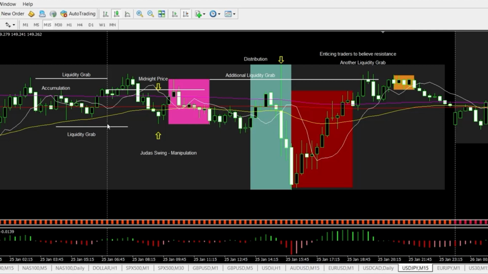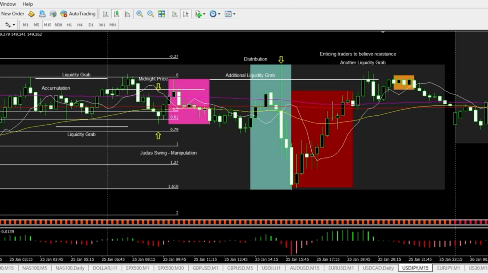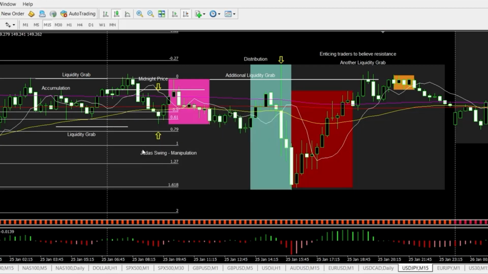And if you're using ICT's concepts of a PD array, you want to make sure that you're entering above 50% of the impulse. Let's take the most recent impulse and draw a Fibonacci. You'll want to enter above the 50% level. So if we're during the London session, you'll want to enter around here when price is rejected from this inverted